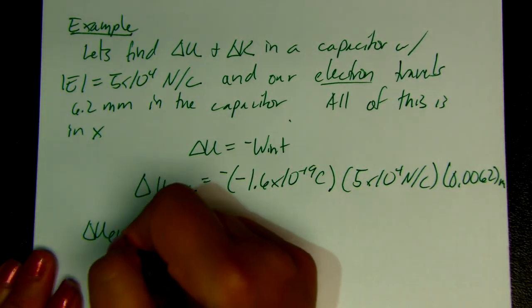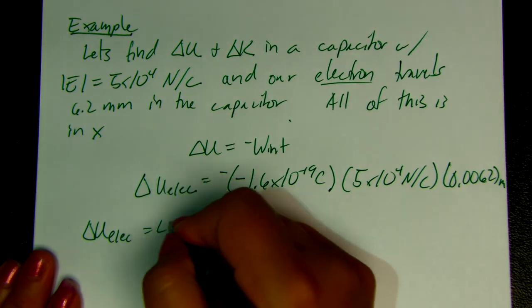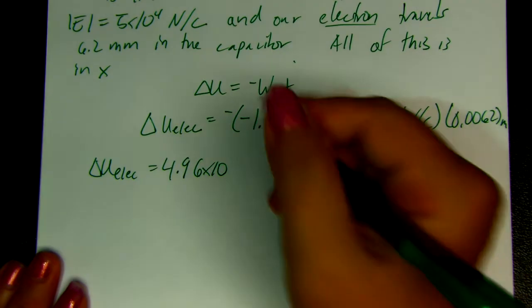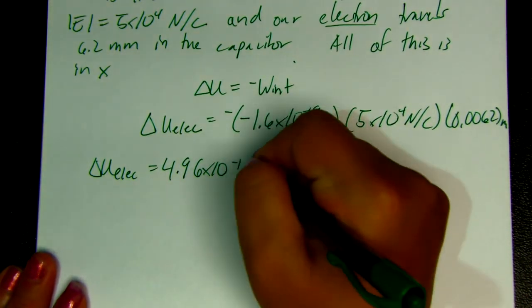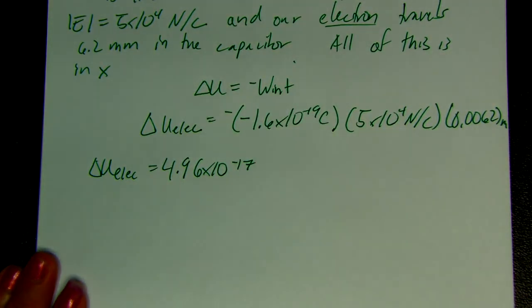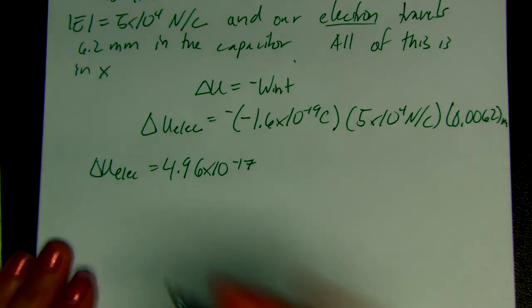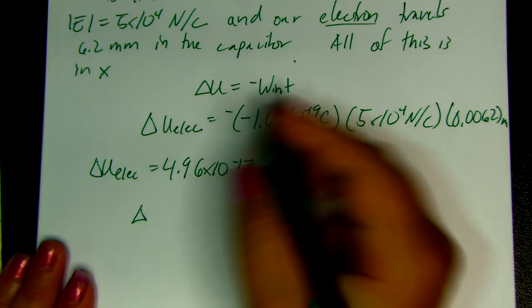And so the change of electric potential energy is equal to 4.96 times 10 to the minus 17. So in other words, our potential was increasing, which then implies